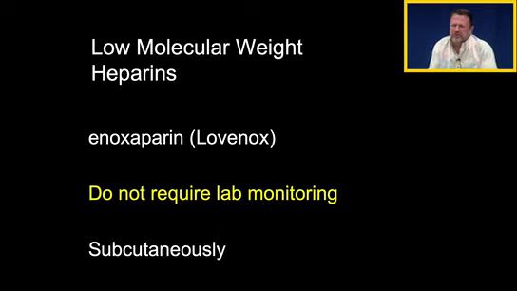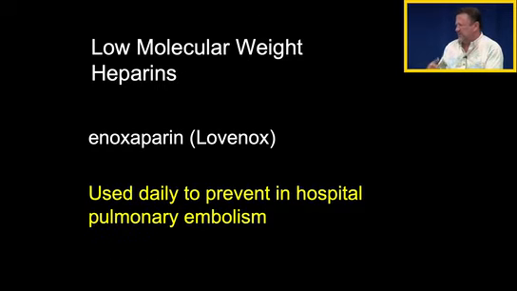But this is one of the most commonly used drugs in the hospital because this is something that we'll use to prevent pulmonary embolism. One of the problems that we've had in hospitals, we still do, but it was much worse in the past, is when somebody is laying in a hospital bed not moving around and they have all this increased risk of blood clot formation. Them laying in the bed and not moving increases their risk of developing blood clots in their legs. And because those blood clots are in the veins of their legs, those will go into the vena cava,